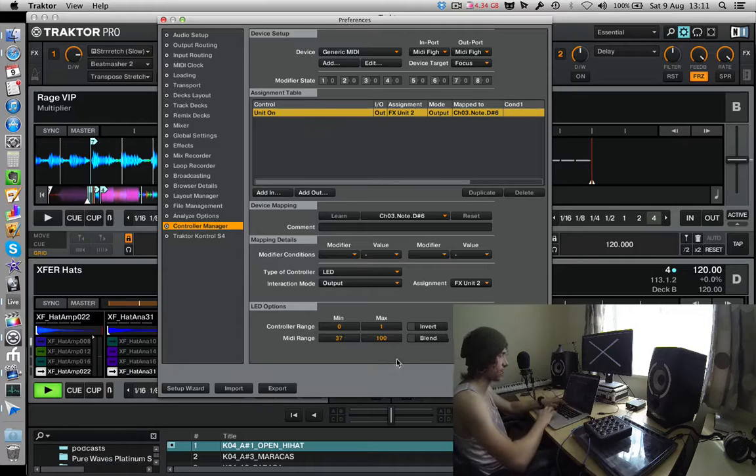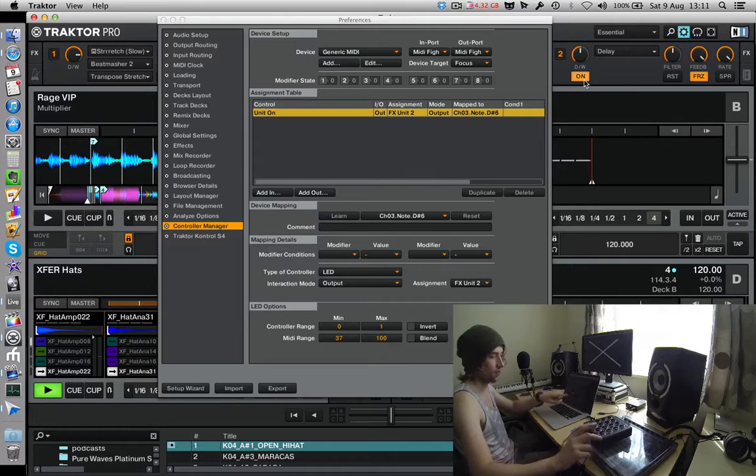So we did it at, say, 37. See how now the off state is at a color, because it's sending the velocity value 37 to this note when it's off. But yet when it's turned on, by turning on this button up here, it's now sending the velocity information 100, which happens to be this color, to this here. Understand now? So what we can do, if you want to change the color, we would have to look up